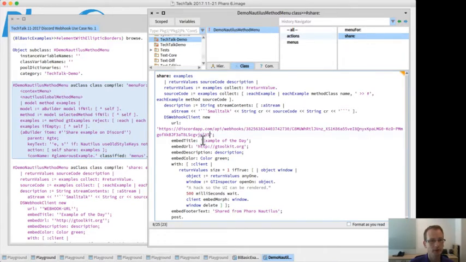We define at the beginning, well, we can define a title. I decided to call it example of the day, like anyone could. The URL could be, well, I decided GT toolkit or Pharo. It could be Pharo. And we put the description with the source code and we put a color,